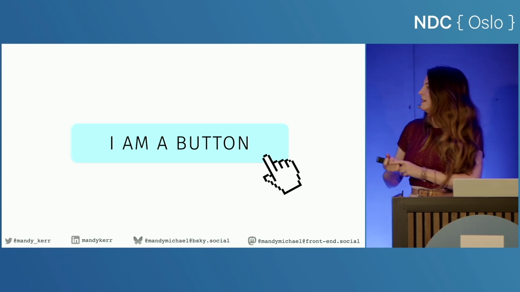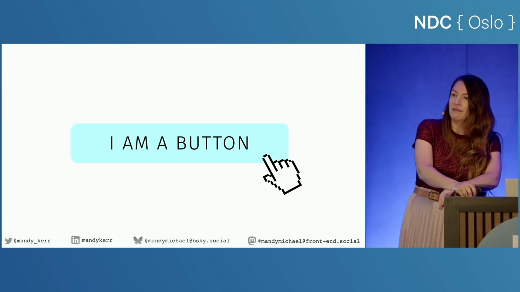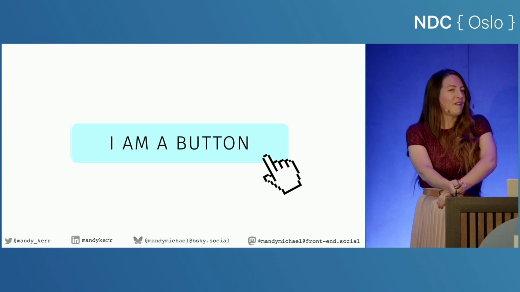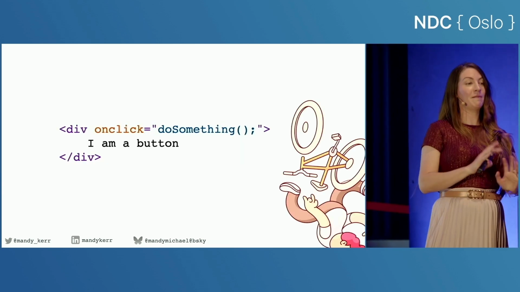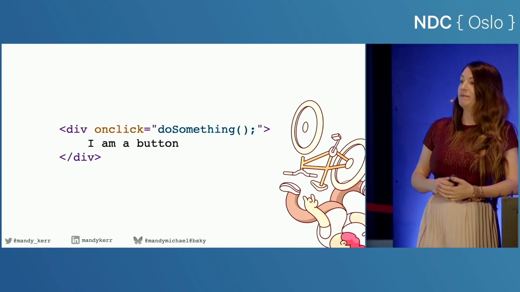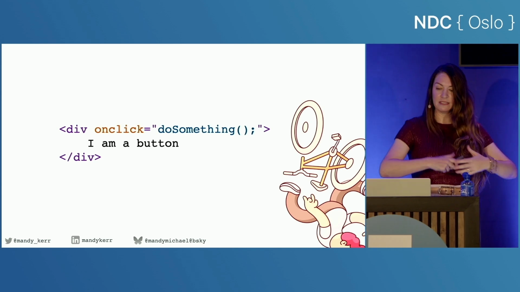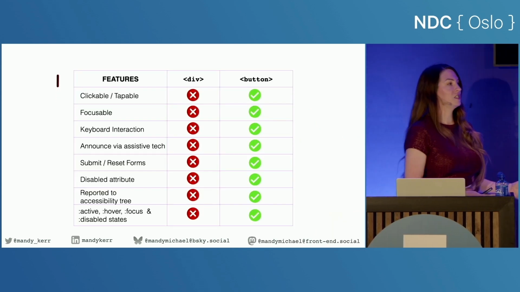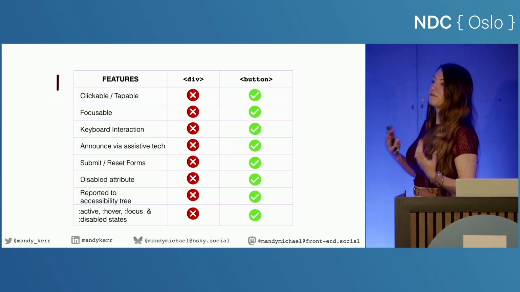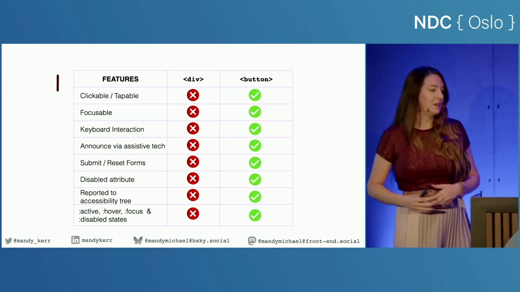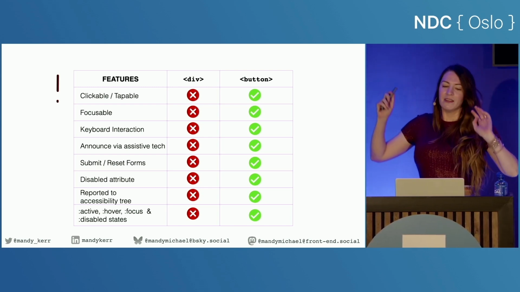And of course, a really good example of an element that comes with lots of features is a button. Now, I know we've had the don't just use divs discussion already, but this is still something a lot of people do instead of using a button. They'll use a div. The problem with this is that buttons come with lots of functionality, particularly for accessibility. Things like keyboard interaction, focusable, being announced via the assistive tech, reported to the accessibility tree,